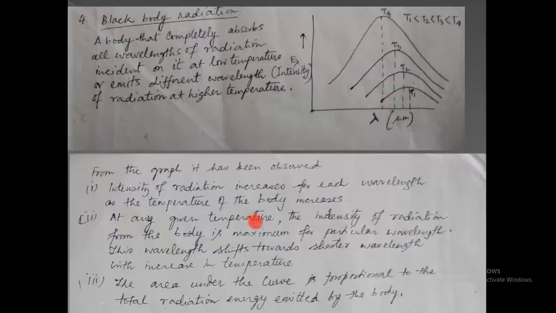At any given temperature, the intensity of radiation or energy density from the body is maximum for a particular wavelength, and this wavelength shifts to a shorter wavelength, that means lesser wavelength, with increasing temperature. As the temperature increases, wavelength decreases. And the last point: